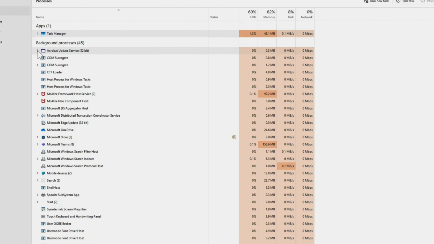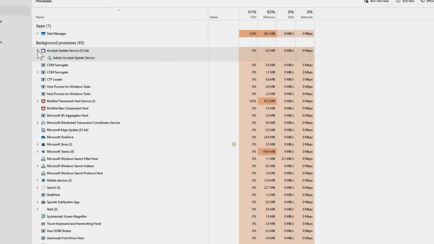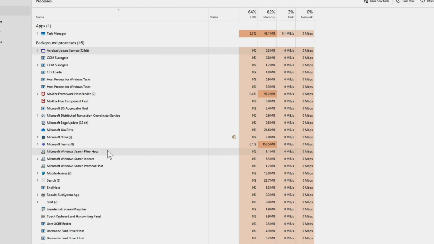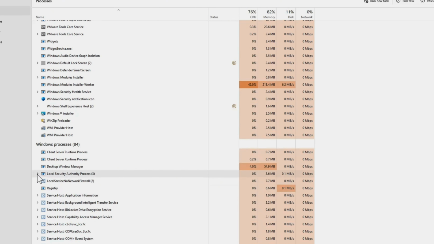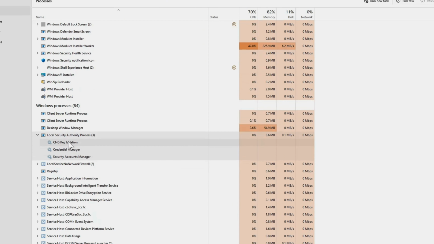And for the background processes, you can click on the background process, and also for the background process you can see what is the CPU memory and disk usage. And if you come down for the Windows processes, you can also see the disk CPU memory usage for the